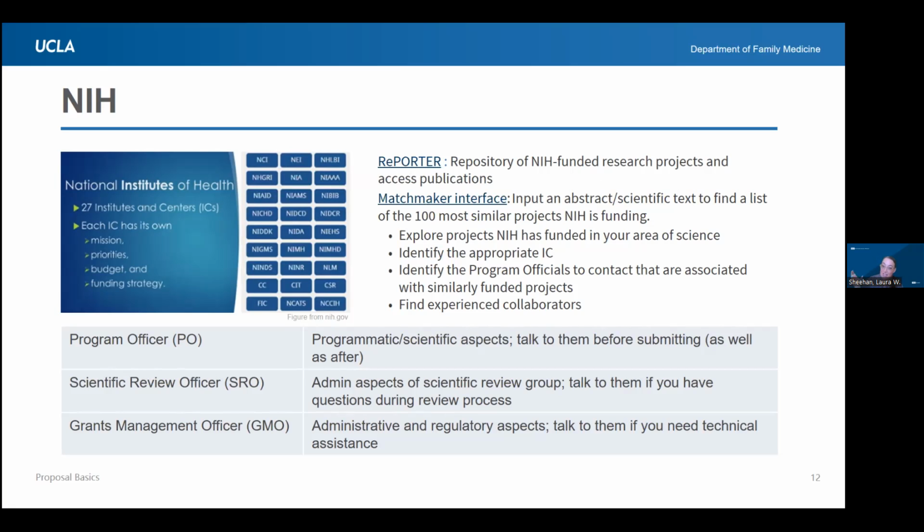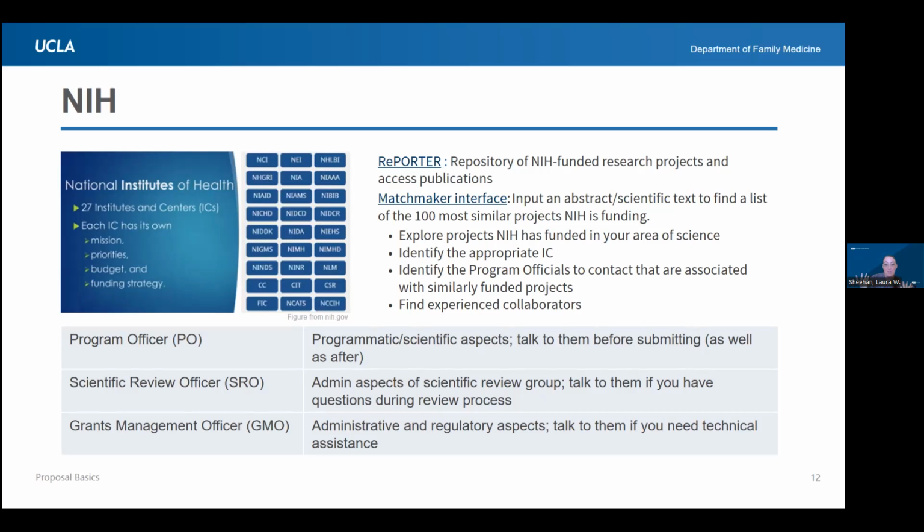So you could literally copy and paste your draft abstract into the Matchmaker tool, and it'll bring up 100 most similar projects that the NIH is funding, and you can look at who the program officer is for it, which IC it was. Because some of your research might fall under multiple ICs, like you have NIDA, that's drug abuse, and you have NIMH, that's mental health.